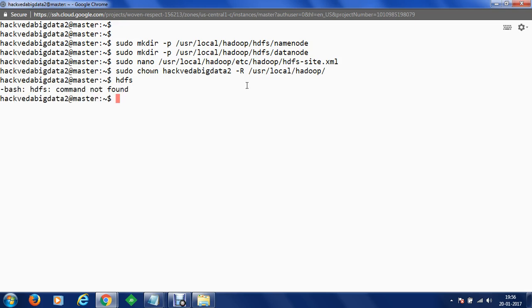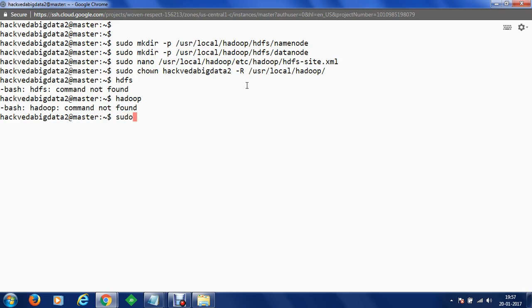But once we restart the machine, we will be able to access all these commands like hdfs, hadoop, and various others. If I show you the hadoop command as well, at the moment it is not available. So let's just restart the machine and we are going to access Hadoop.